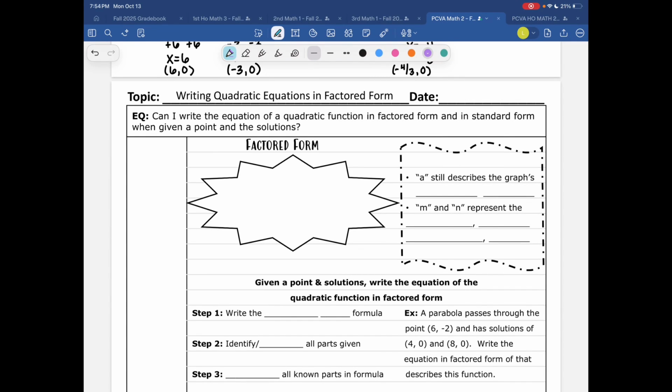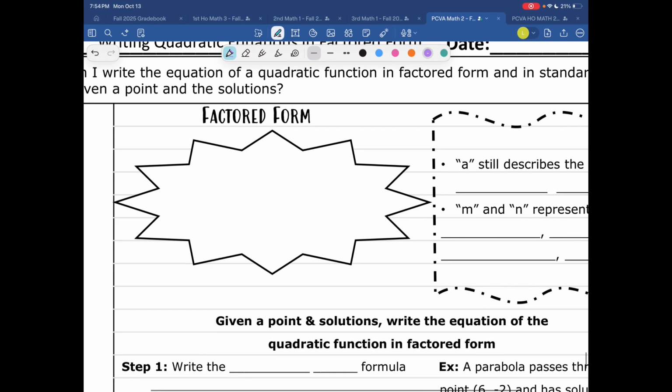All right, so for this video, we're going to be talking about writing quadratic equations in factored form. So we're really going to talk about a bunch of different scenarios and what factored form is. Factored form means that we're able to identify the factors of a quadratic just by the factor and what the number is itself. So the factored form is a, and then we're going to have x minus m times